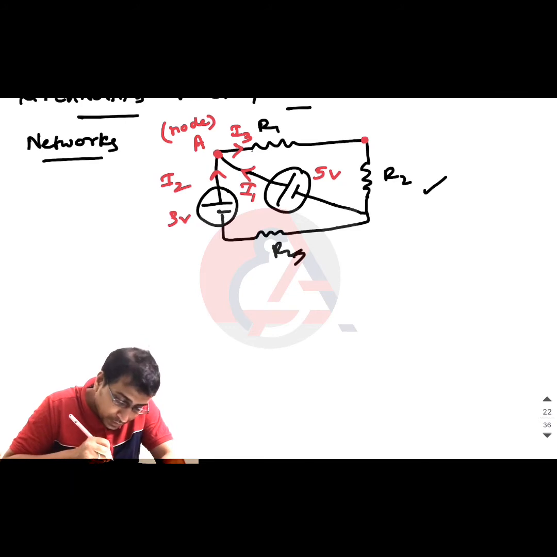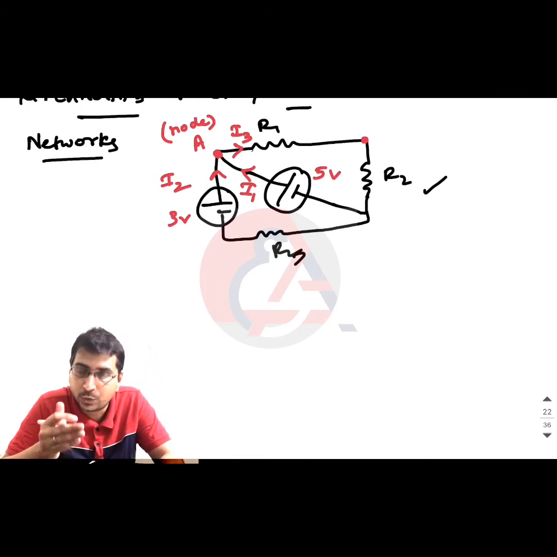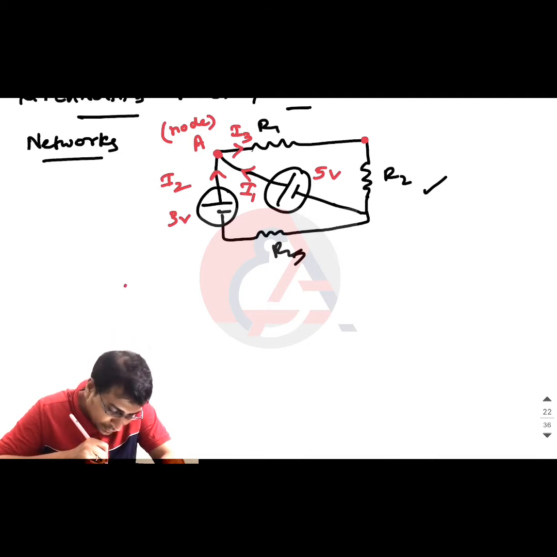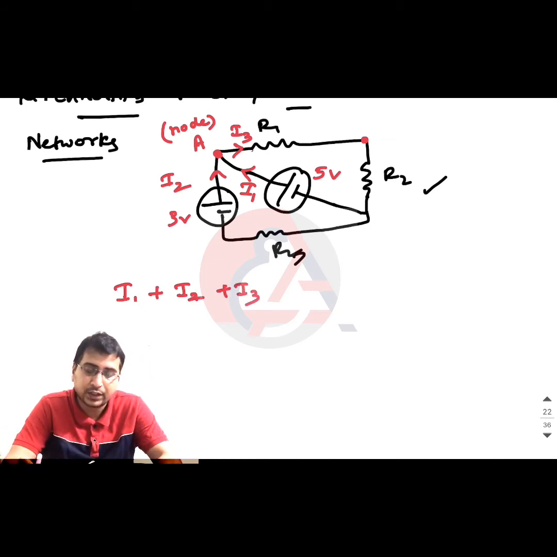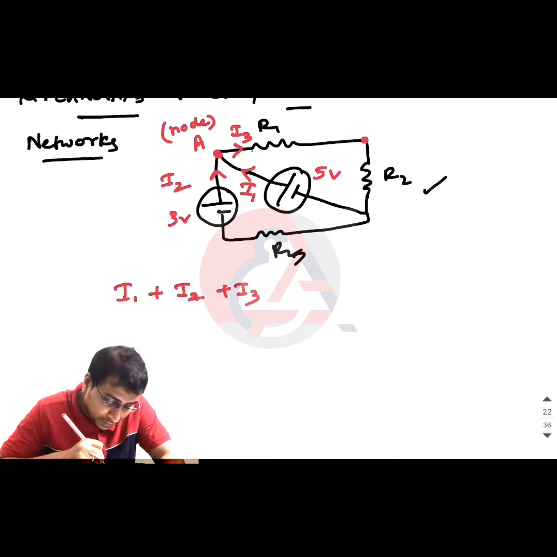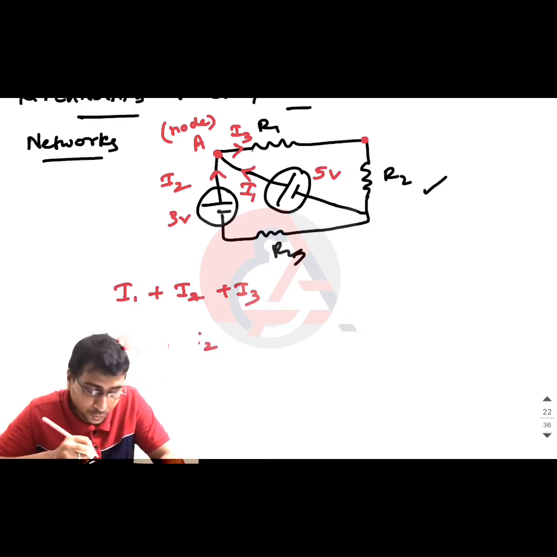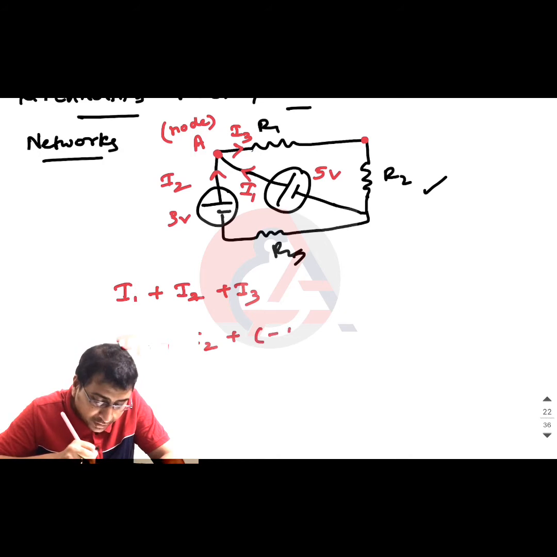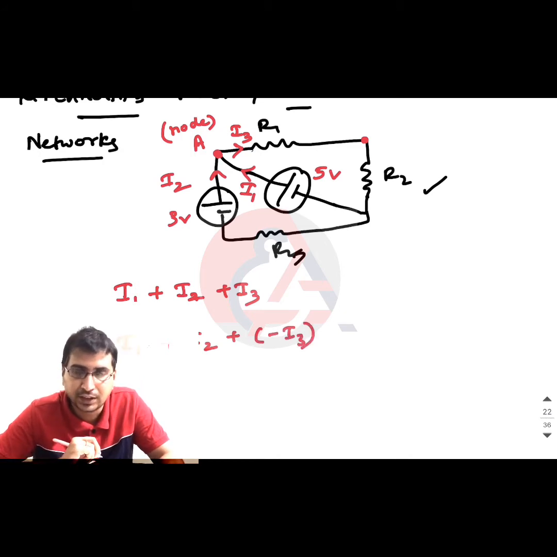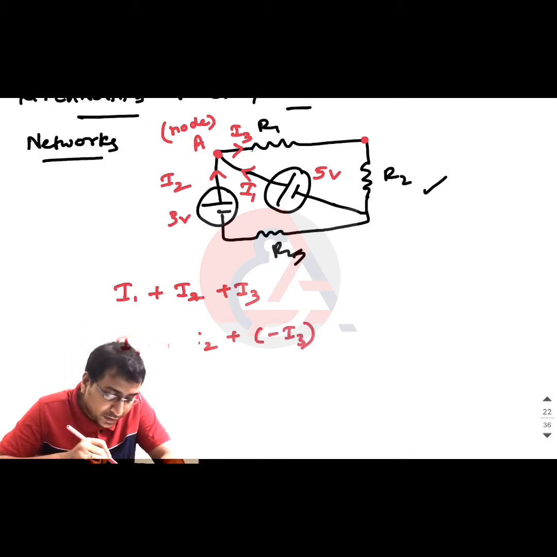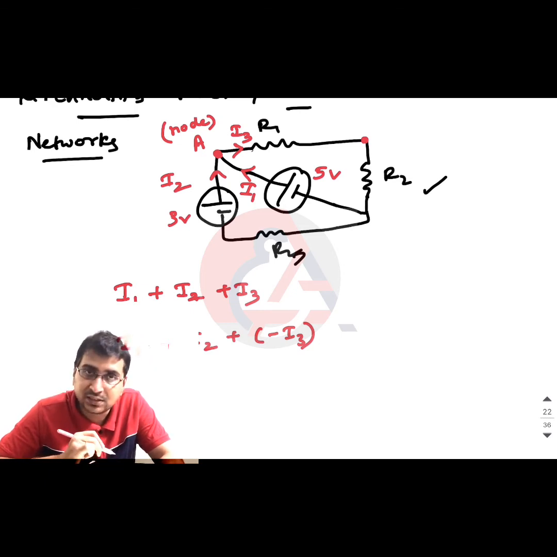Then how are we supposed to write the relation between I1, I2 and I3 according to the junction rule? It is the sum of all the currents. Which sum? I can write it in two ways. When I say sum, I am going to write it as I1 plus I2 plus I3. When I say algebraic sum, I will write it as I1 plus I2 plus of minus I3. The reason why I have introduced the minus sign here is because I1 and I2 are towards the junction, I3 is leaving the junction. So this is the meaning of algebraic sum.